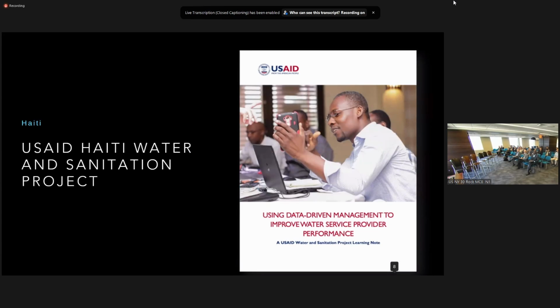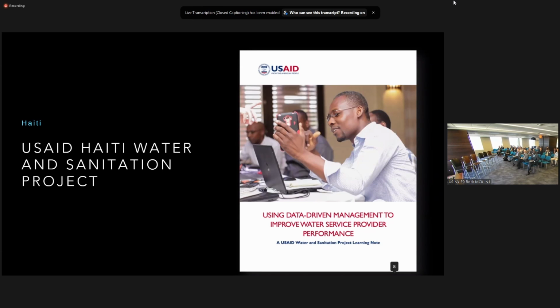So I'll just give two quick examples of some success that we think we're starting to have in this area. One is with the USAID Water and Sanitation Project in Haiti. This activity just concluded last year. It was a 5-year investment, and USAID in this case decided, instead of having a separate M&E activity inform all the indicators, to use the investment in government data systems as a way to inform actual program indicators that were reported out to the organization through USAID.